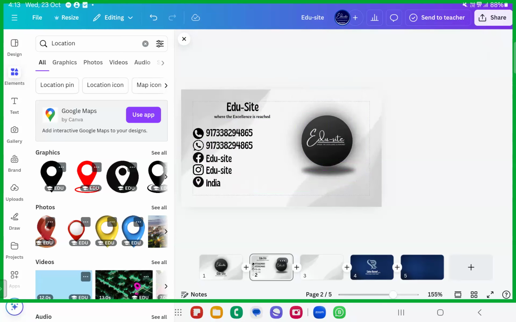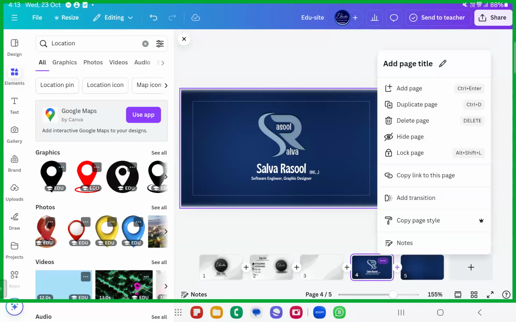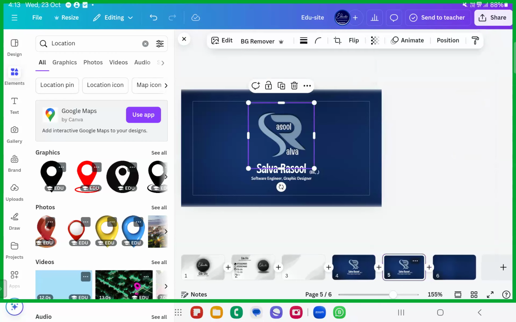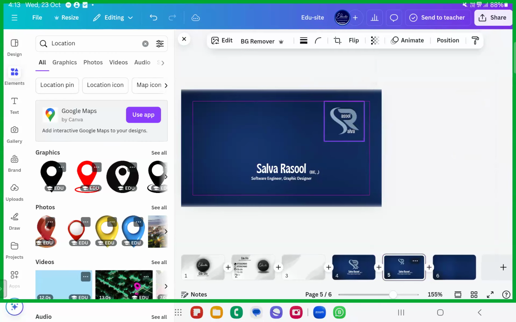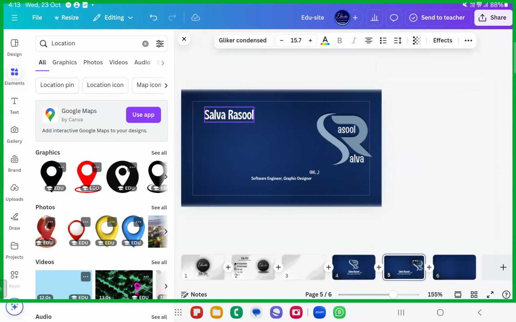Okay, something like this. So this is done. So we'll just go ahead with this one now. Same, duplicate the page, front side, back side. Okay. Now this one we will keep somewhere on this side, right side or left side, whichever you want. I'll just put it here itself. Okay, this looks classy. I'll just put it up here.